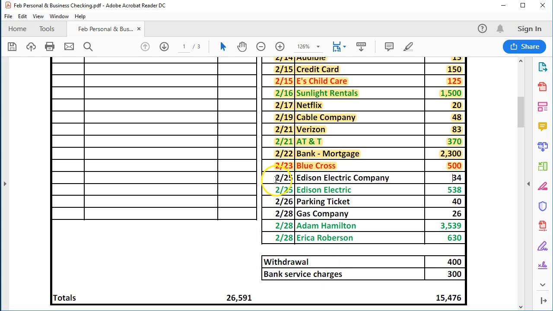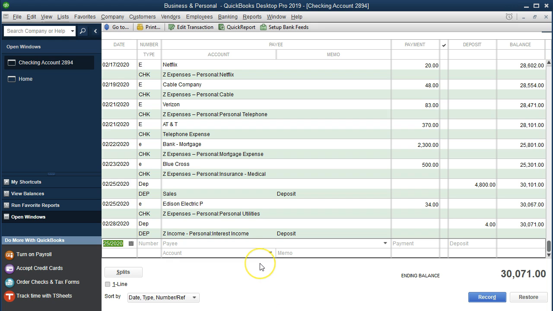And then the next one isn't going to have it. This is the business Edison account that we pay for. So this is the business side. The office, we have to pay a lot more to Edison for some reason. Someone left the lights on in there or something. But we're going to say that, because it's not that big of an office, pretty much. But we're going to say that that's